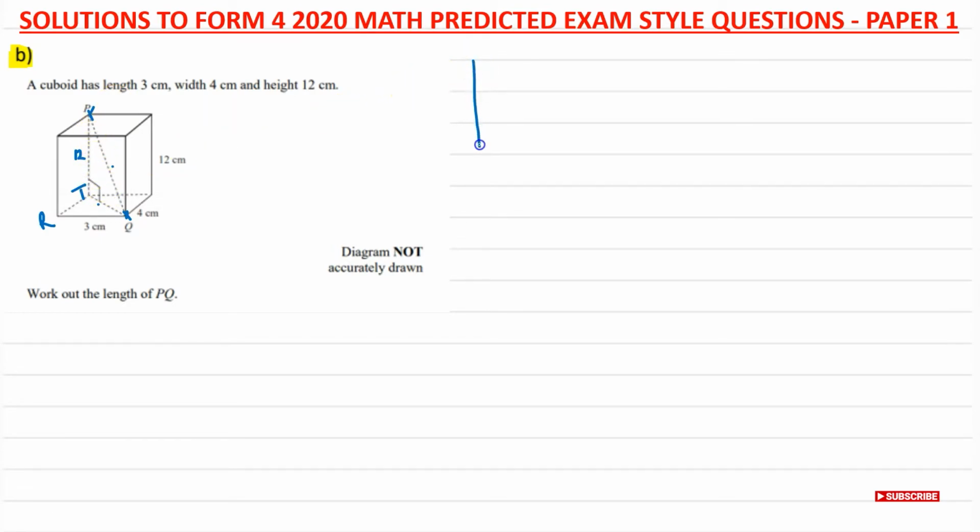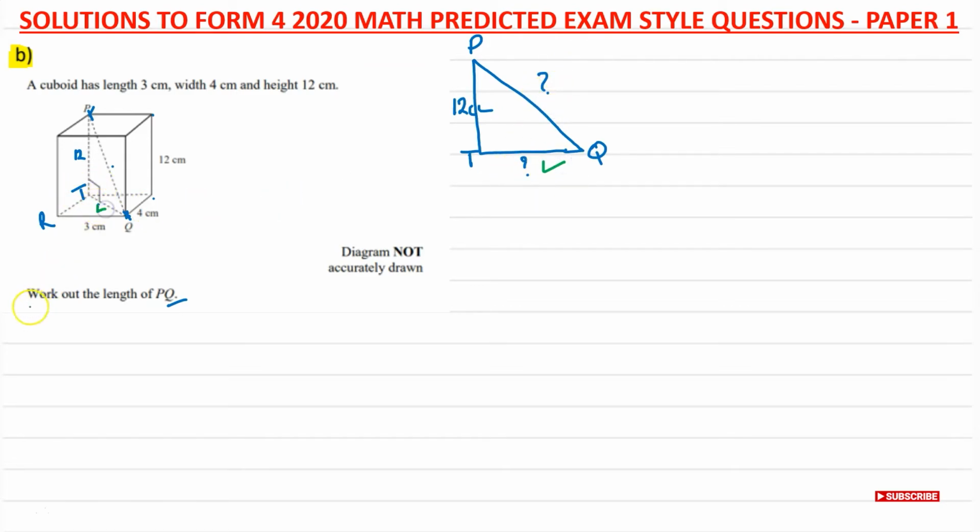So this is going to be T, that corner there. And then P is up here. And then this Q is over here. We don't know this one, and we don't know PQ. That is what we need to find. We know this one is 12 centimeters because it's the same as this one here. So that's 12. Right then, in order to find PQ, I need to know this length here, which is